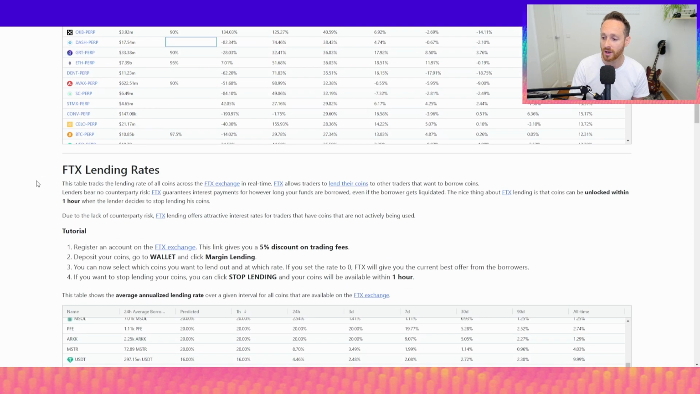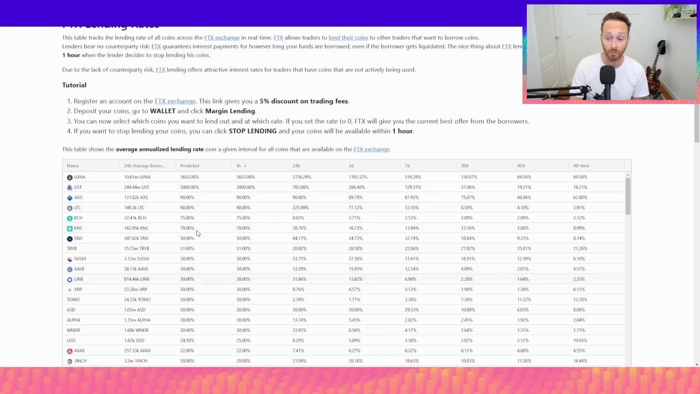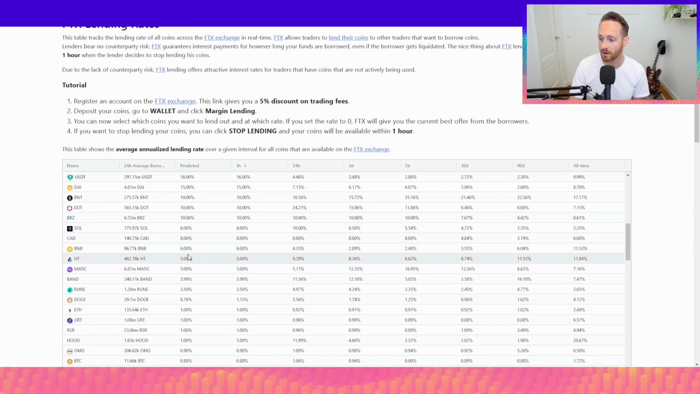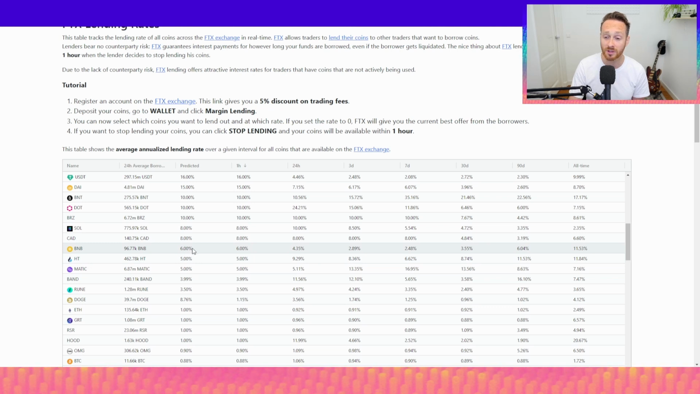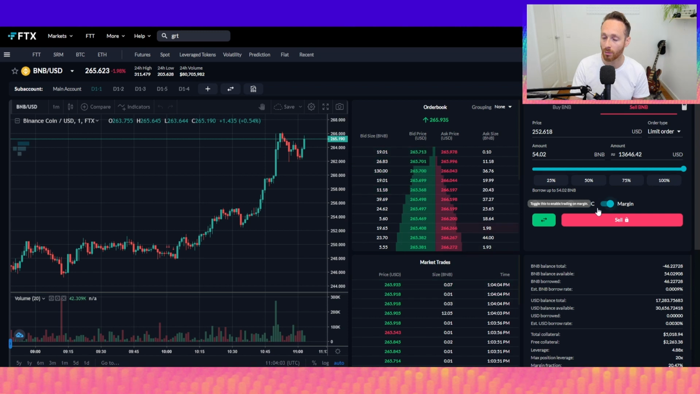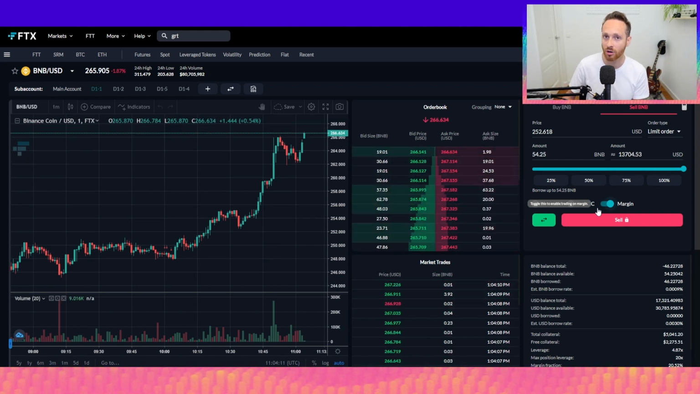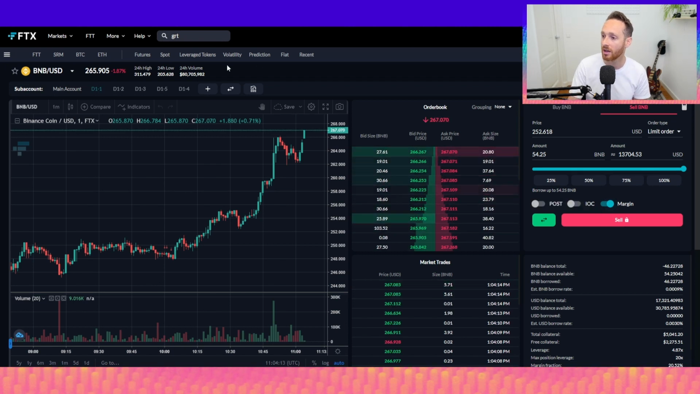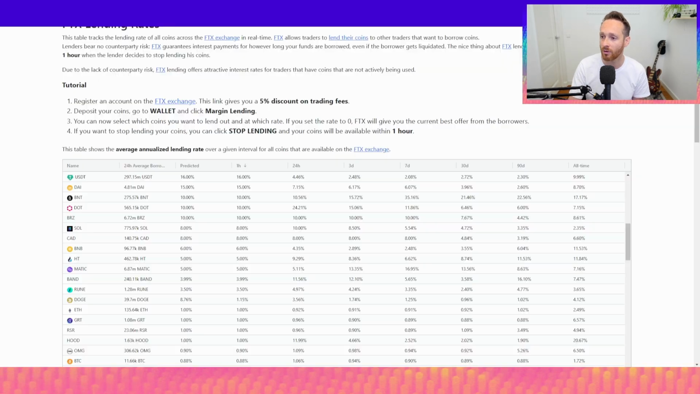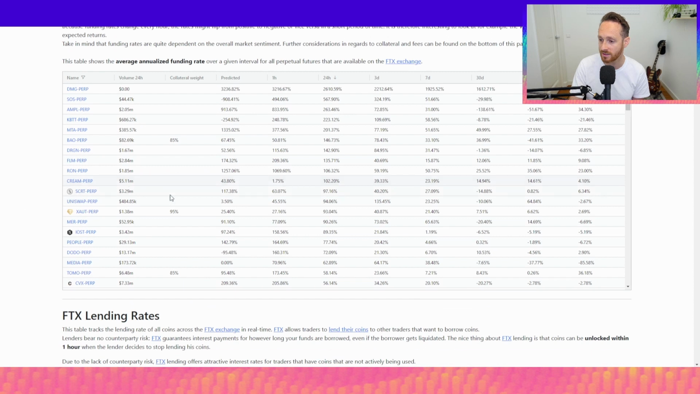FTX Premium also has a beautiful lending tab where you can see how much it costs to borrow all the different coins. If we look at BNB right here, BNB costs 6% to borrow. So essentially by selling on margin, you are borrowing BNB and then selling it. And that's going to cost you 6% APR because you have to pay back that BNB at some point. But for me, that's pretty much worth it because if you look at BNB on the funding rates,